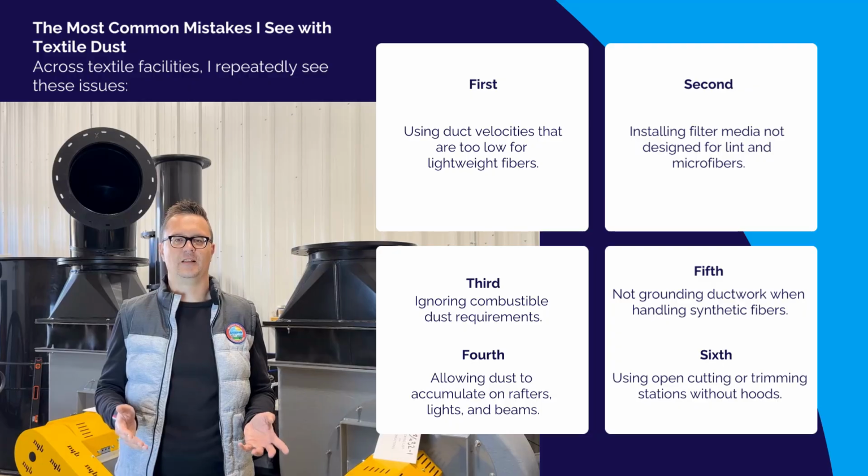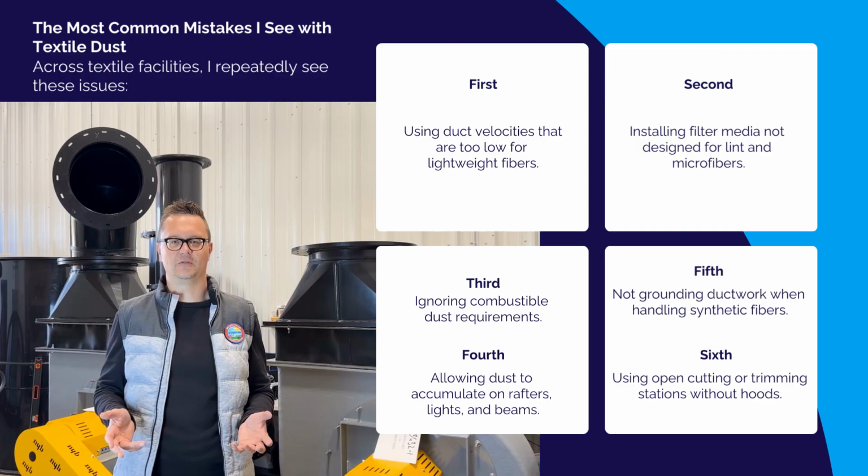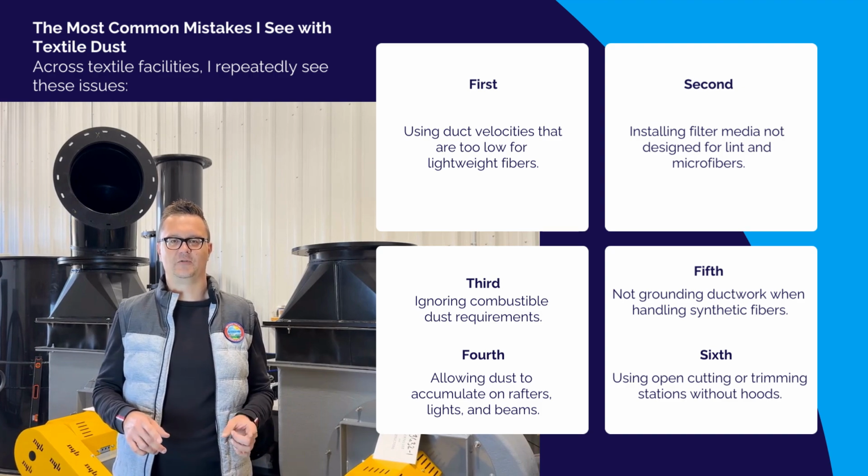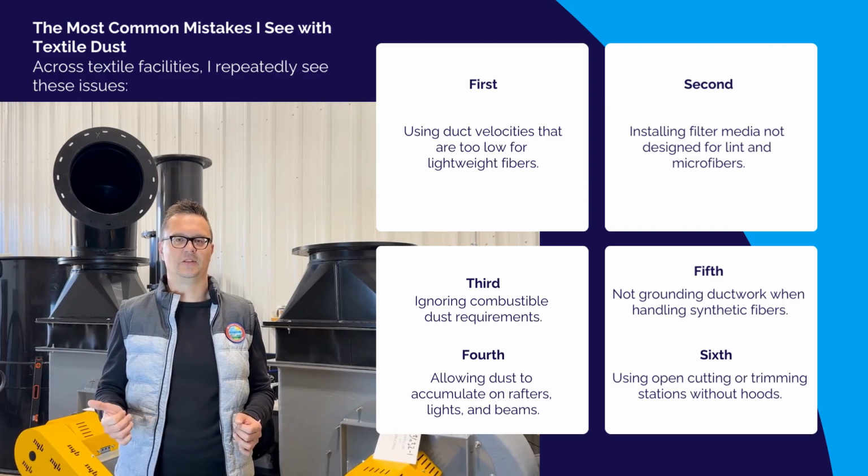The most common mistakes I see with textile dust across textile facilities. I repeatedly see these issues. First, using duct velocities that are too low for lightweight fibers. Second, installing filter media not designed for lint and microfibers. Third, ignoring combustible dust requirements. Fourth,